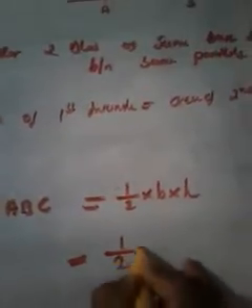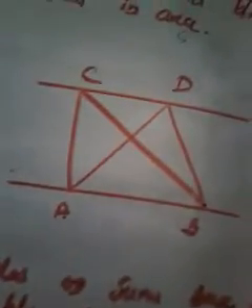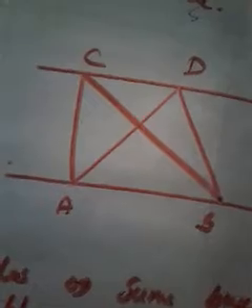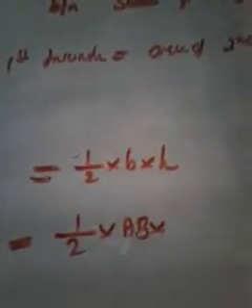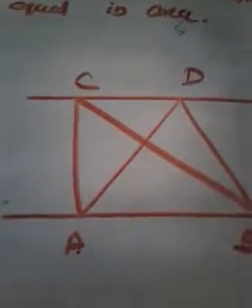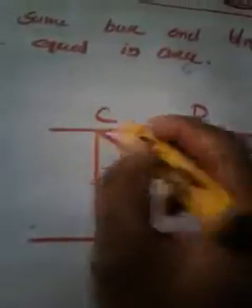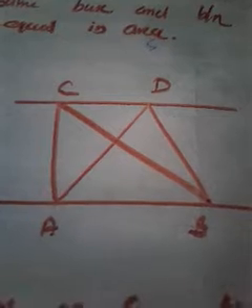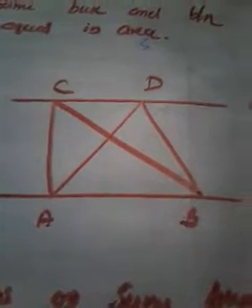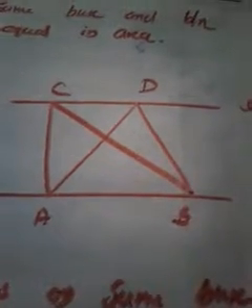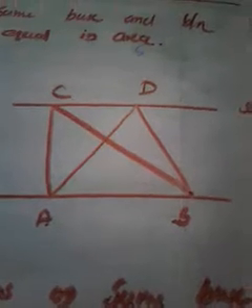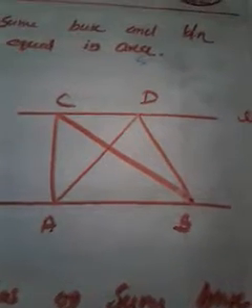That means half into, which is the base of the triangle ABC? AB is the base of the triangle ABC, isn't it? So instead of B you can write AB. And what is H? Is there any H given in the triangle? No. Since there is no H given, I am going to draw an H. You know in which way you have to draw a height? The height should always be perpendicular to the base.